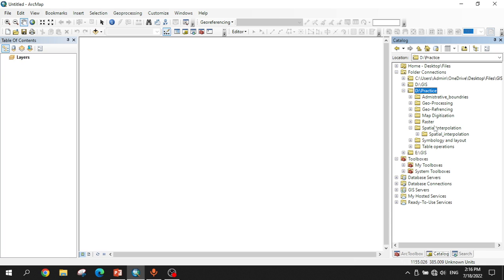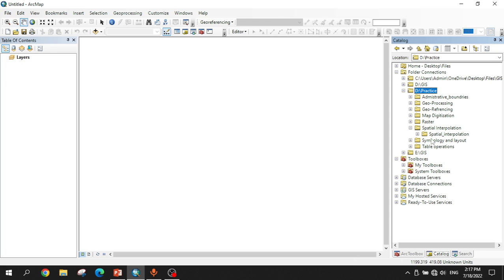Then at first we are going to create a file geodatabase, because we know from the beginning the first step in GIS is to create a file geodatabase,